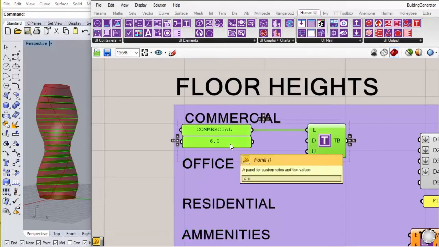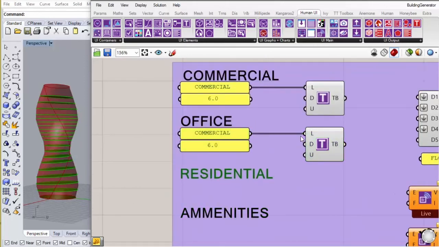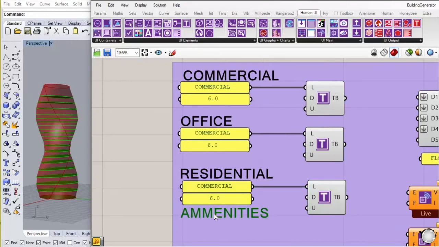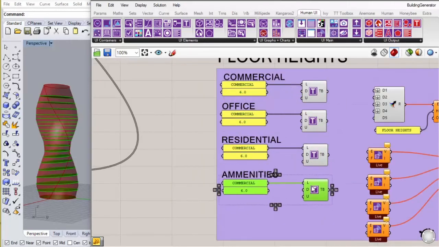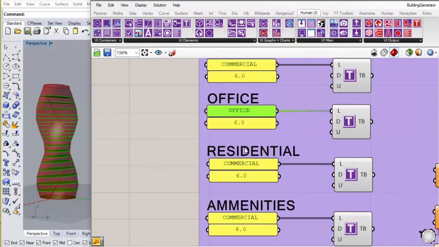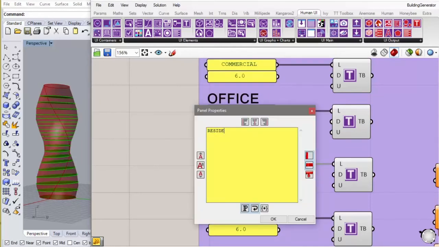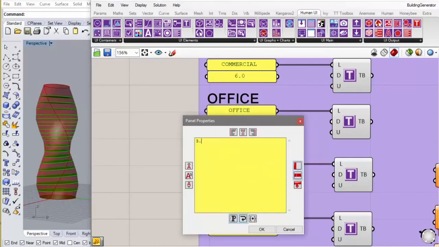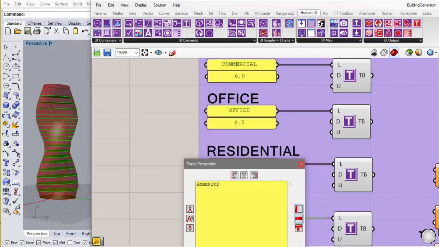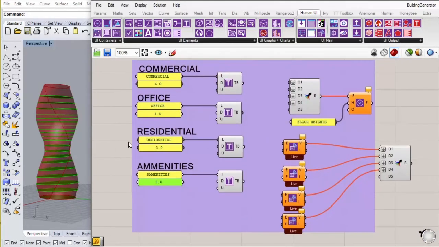So let's just copy this. Let's write in the right labels and names. So that works.